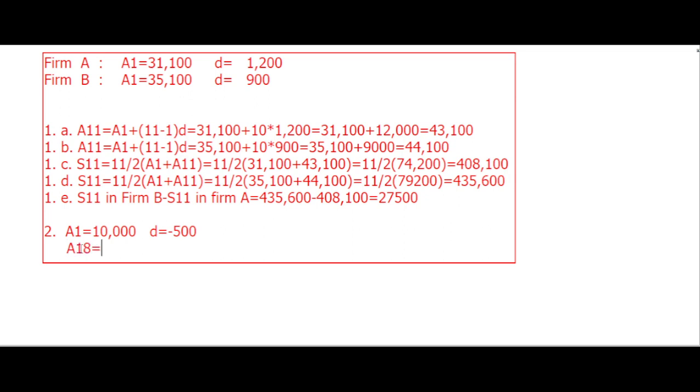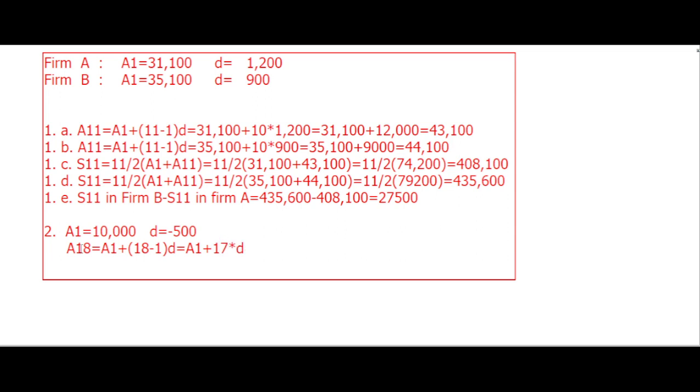A18 which is equal to A1 plus 18 minus 1 times common difference D. This is equal to A1 plus 17 times D. Now here A18 which is equal to A1, which is 10,000, plus 17 times minus 500, which is equal to